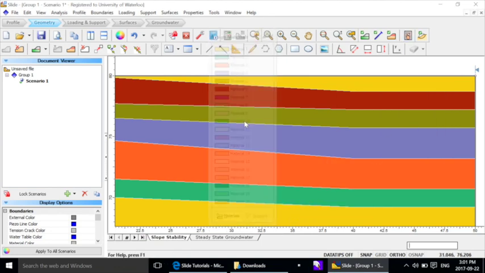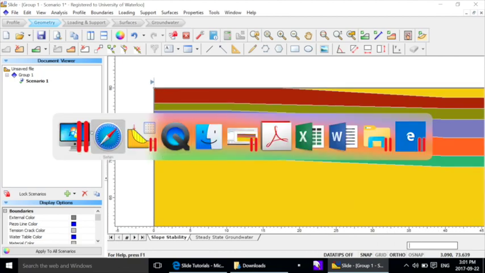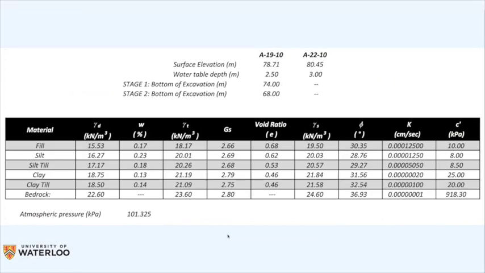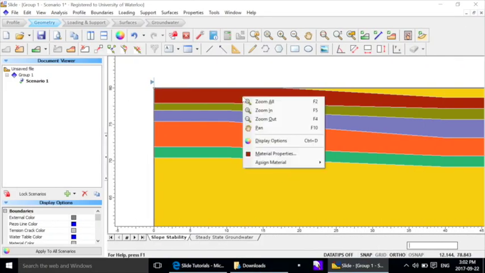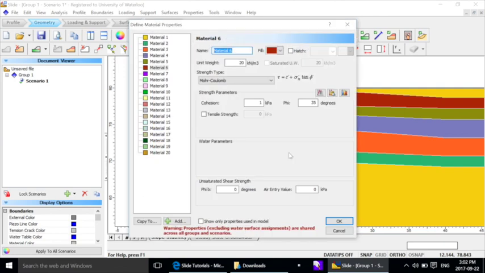So now we are going to define the materials. For each layer, we have the properties. The properties are given in this table. So just come here with the right click, material properties. Okay? And then you could change the names. For example, the first one is the bedrock, for example. The second one is